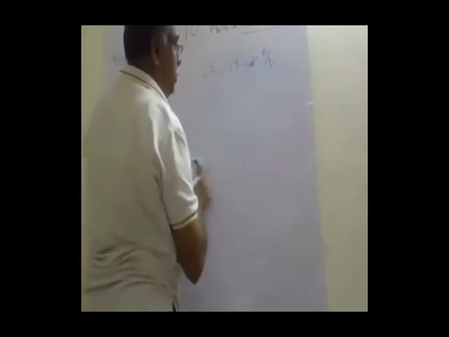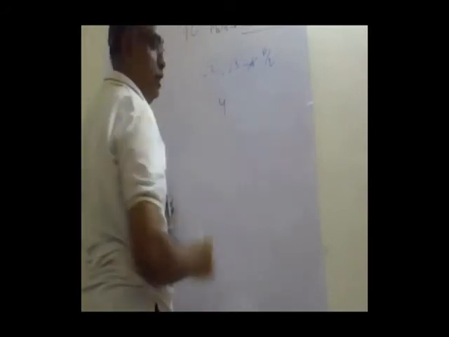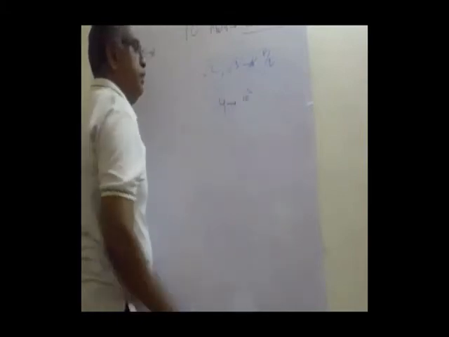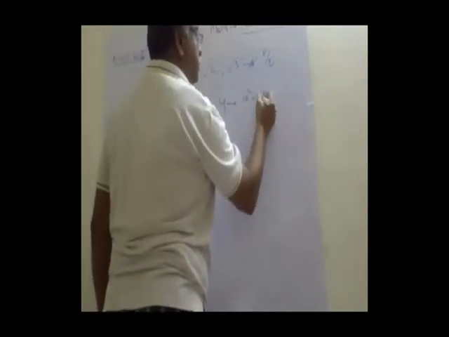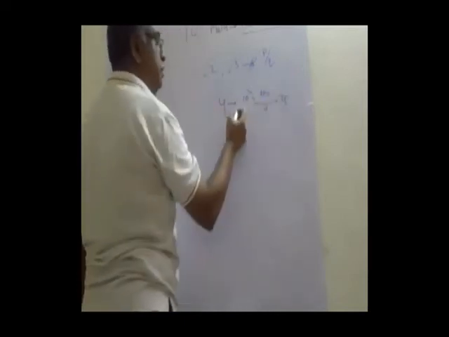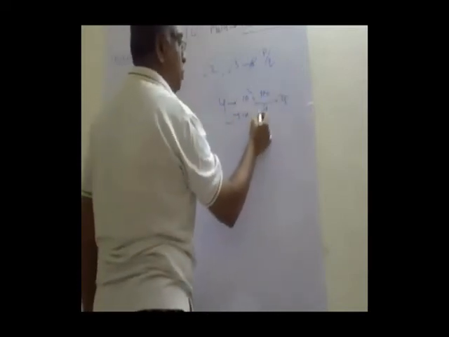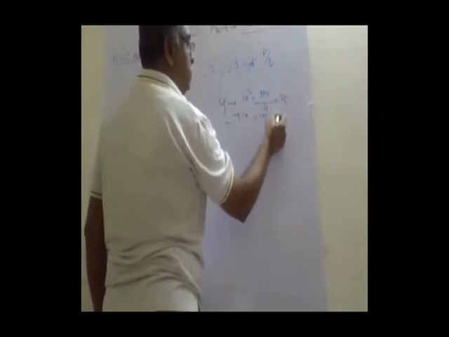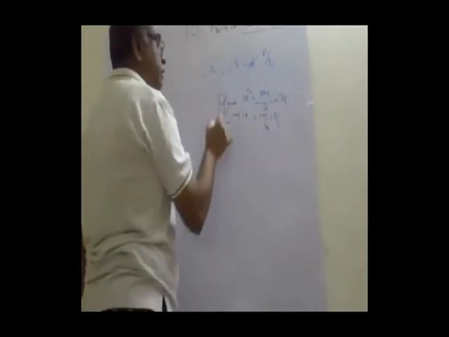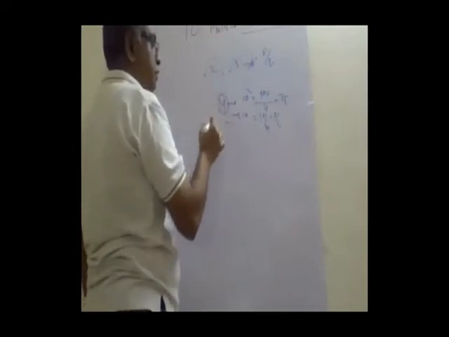Suppose you take 4. This is not a prime. So if it is a factor of 10 square, what is 10 square? It is 100, and 100 by 4 is 25. So 4 is a factor of 10 square. But is it a factor of 10? No, it is equal to 5 by 2. It is not a factor of 10, because this is not prime.